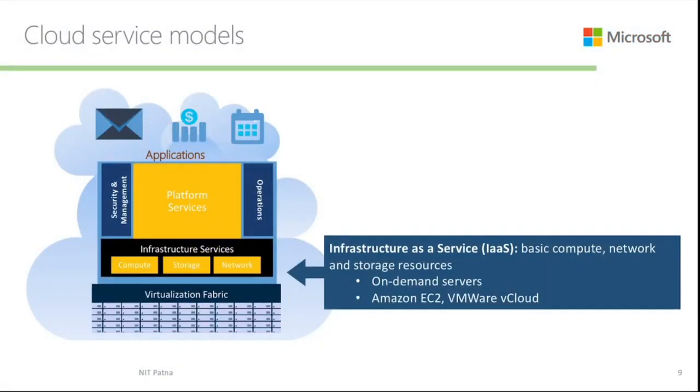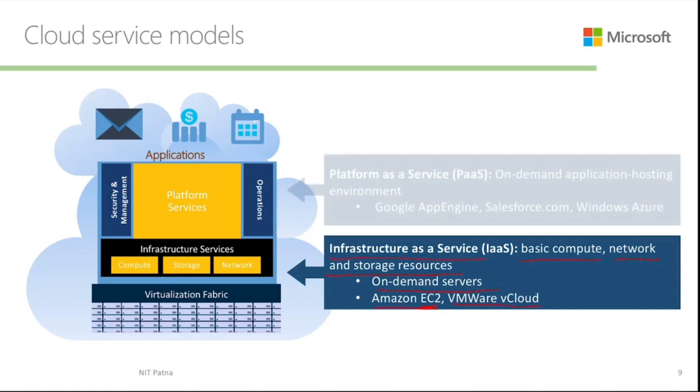If you see infrastructure as a service, the customer gets only the basic computer, you can say, and network and storage resources. So you can see here, no software resources are going to be provided to the customer. Okay, so on-demand service will be provided like Amazon EC2. It is quite common among students. I think some of you have also used Amazon EC2, and VMware vCloud, and all these things. These kinds of services will be provided in